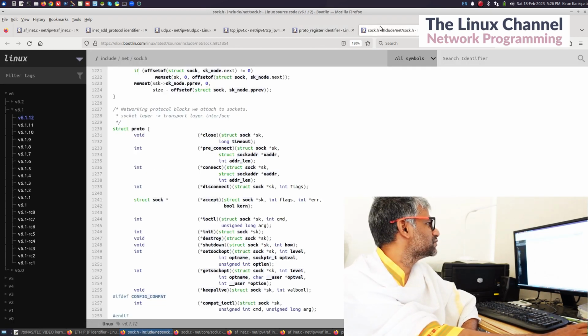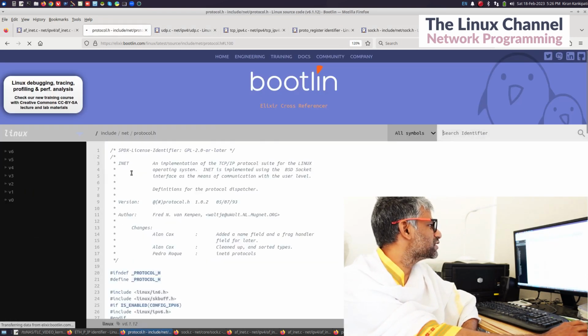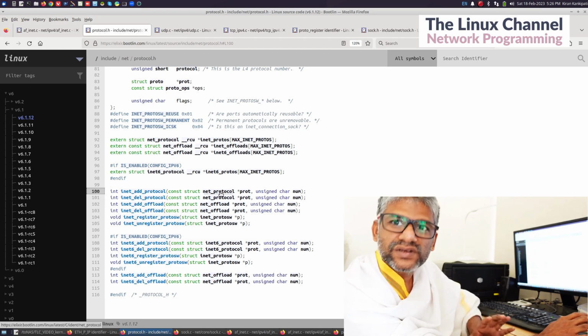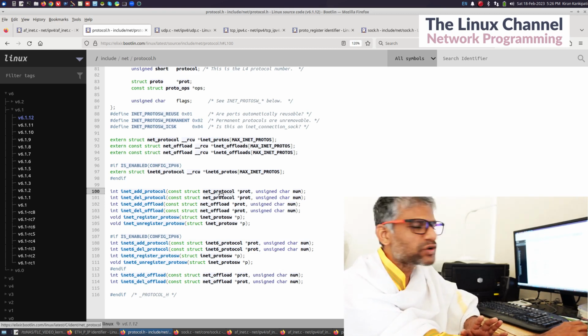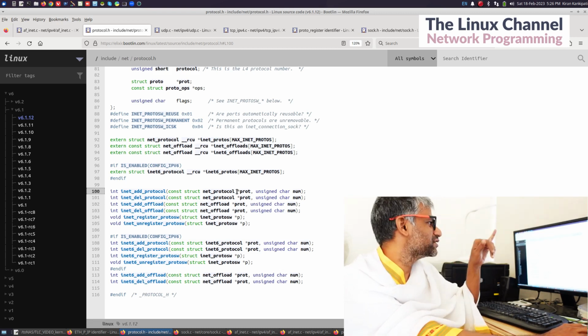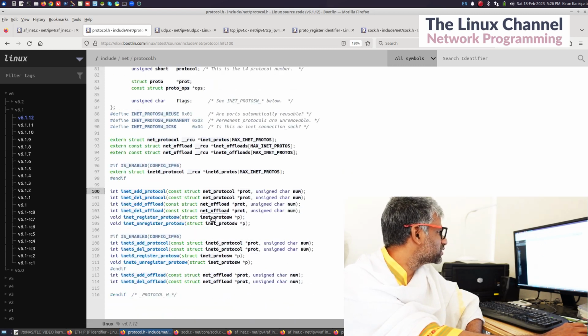Okay, the other one is this proto. This is in protocol.h, and when we open this .h file, we can see inet_add_protocol and inet_delete_protocol, and this is taking a different data structure called net_protocol, versus struct proto there. So if you go up somewhere, you should be able to find its